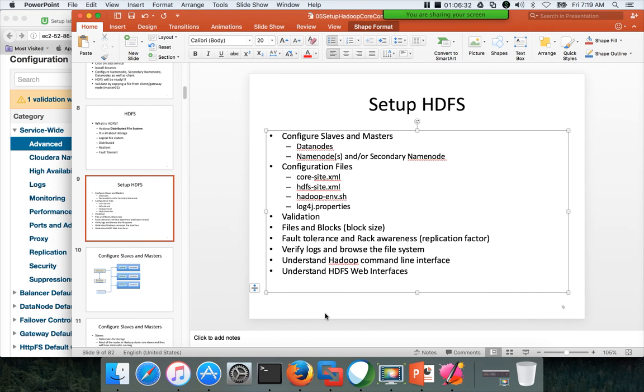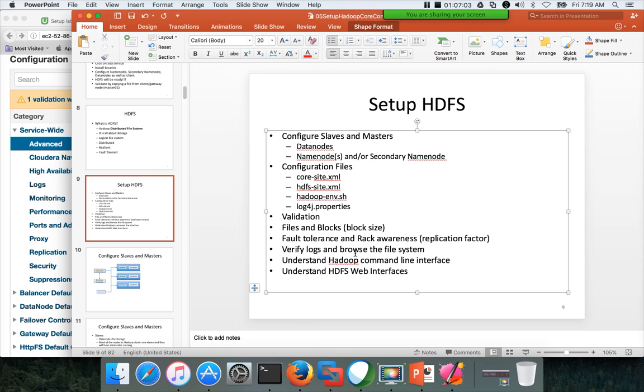It is pretty powerful. Now, after understanding how the files are stored and the relevance of block size and replication factor, we will try to understand the logs and the relevance of the logs. Browsing the file system I have already shown. Again, the logs will be at different levels. There will be service logs, which will tell you the behavior of how the data node is running, how the name node is running, etc.